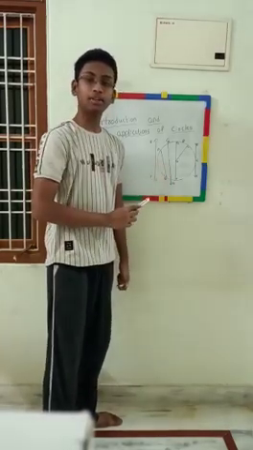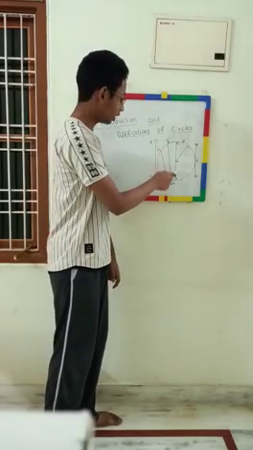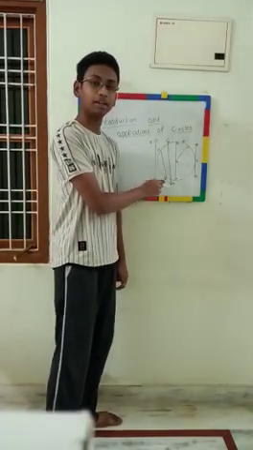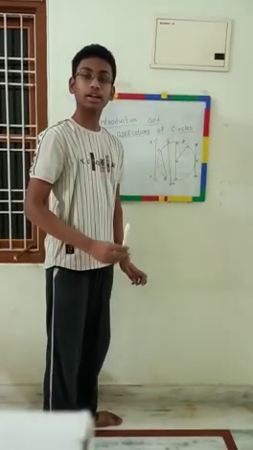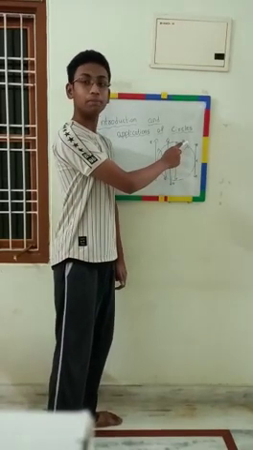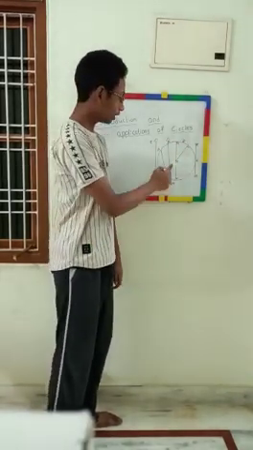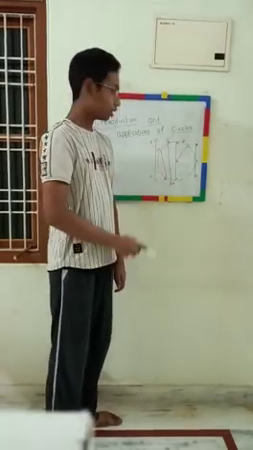Diameter. A diameter is a line joining two points along with the center. Here AB is the diameter which joins two points on the circle along with the center. Radius. A radius is a line joining center and any point of the circle. Here you can tell OA, OB and OC are the radius.